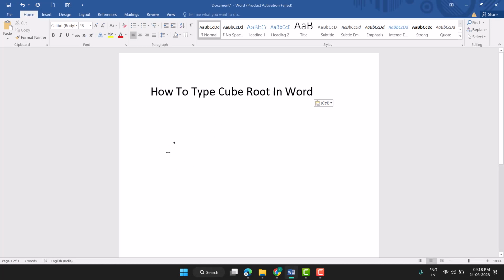Hello friends, today in this video I will show you how to type cube root in Word, so you can very easily type this in Word. So